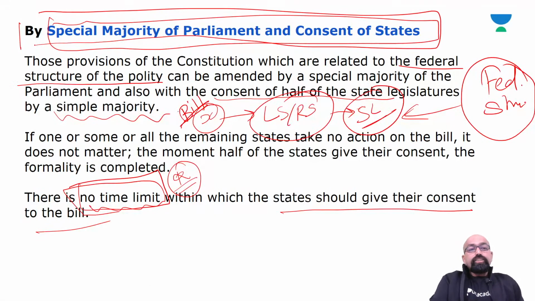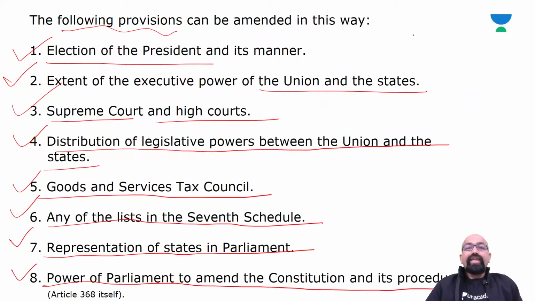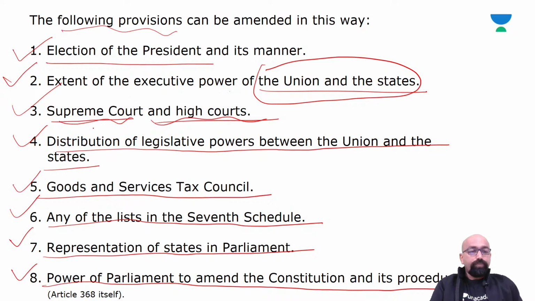So, by the special majority of parliament and consent of states, we can amend these provisions: election of the president of India and its manner, extension of the executive power of the union and states, Supreme Court and High Courts, distribution of legislative powers between the union and the states. So we know this power is related to and mentioned in the